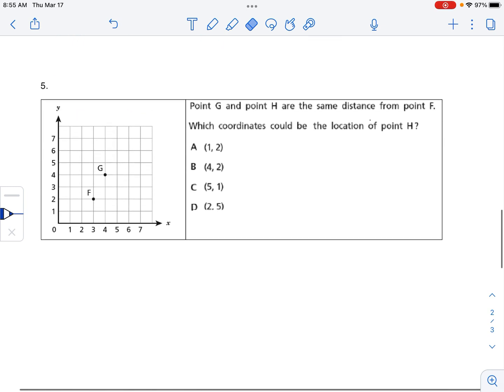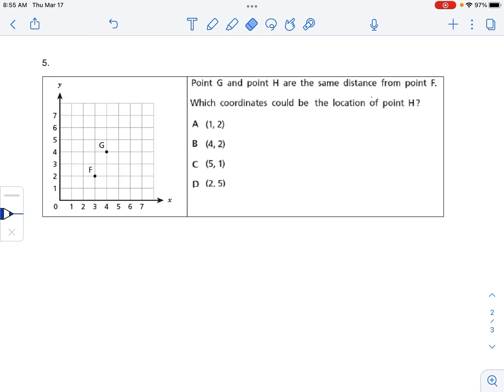All right, let's go to question number 5. Point G and point H are the same distance from point F. Which coordinates could be the location of point H? All right, so let's plot point H. We'll try all 4 of these and see what works. So 1 to the right and 2 up. That's here. If this were H,